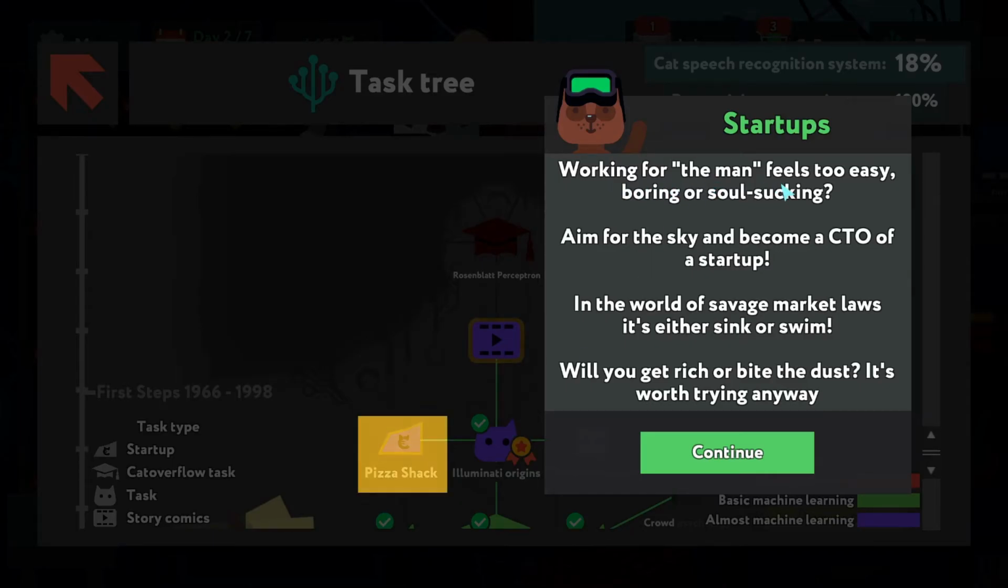Startups. Working for the man feels too easy, boring, or soul-sucking? Aim for the sky and become a CTO of a startup. In the world of savage market loss, it's either sink or swim. Will you get rich or bite the dust? It's worth trying